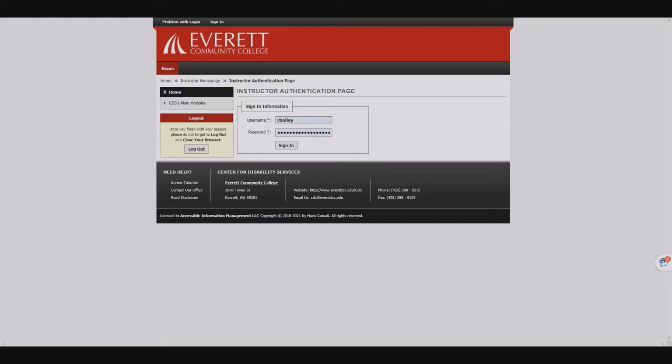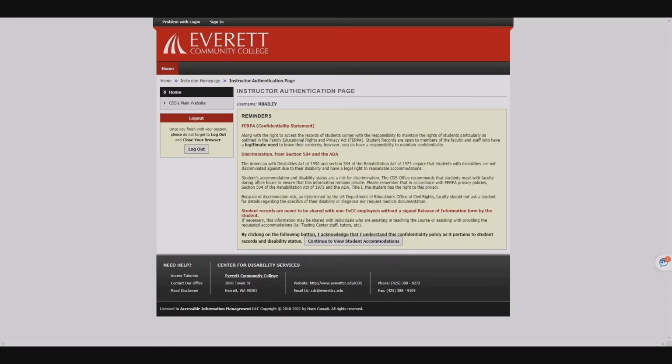So you're going to get to the instructor authentication page, put in your username and password that you use for everything else on campus. It's part of your single sign-on. It's going to give you a reminder about confidentiality. If you would like to read more about this, you can check it out on our website, www.everettcc.edu/cds. I'm going to click on Continue to view student accommodations,